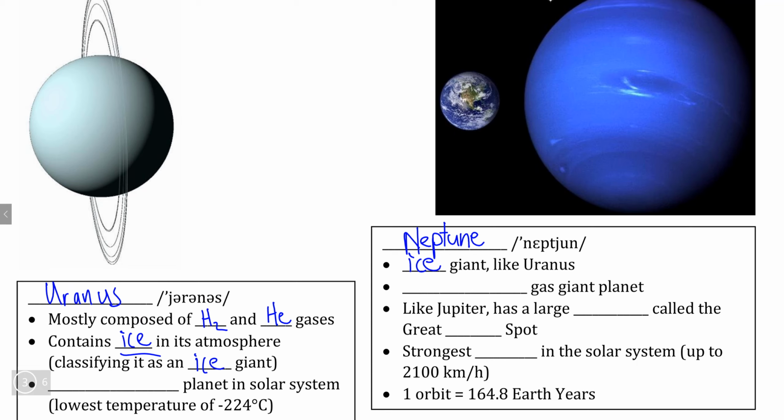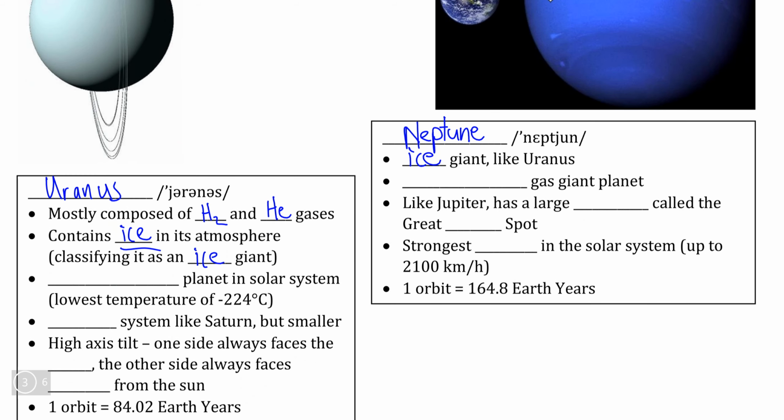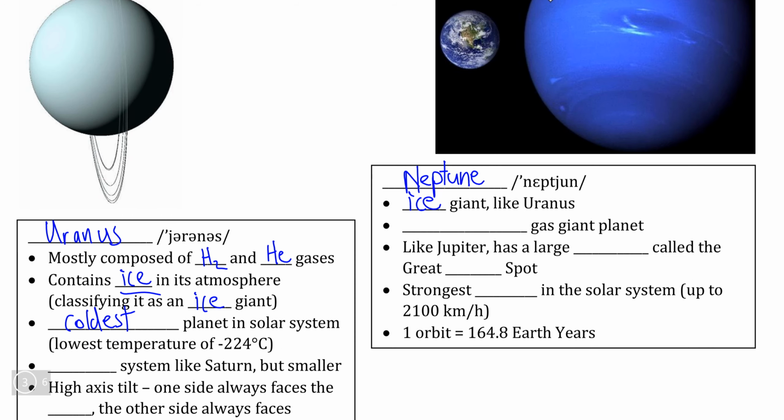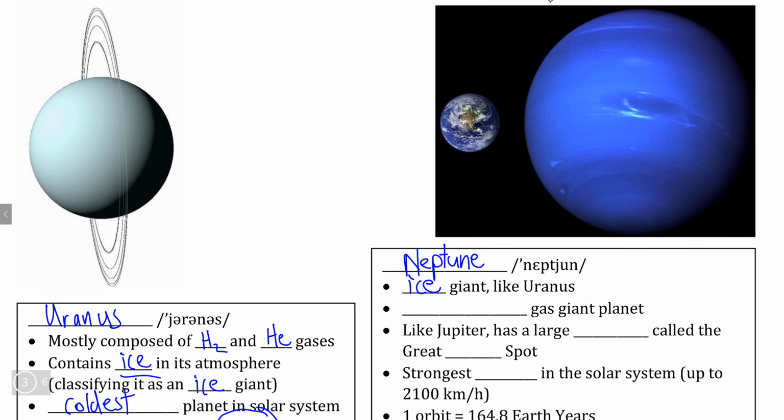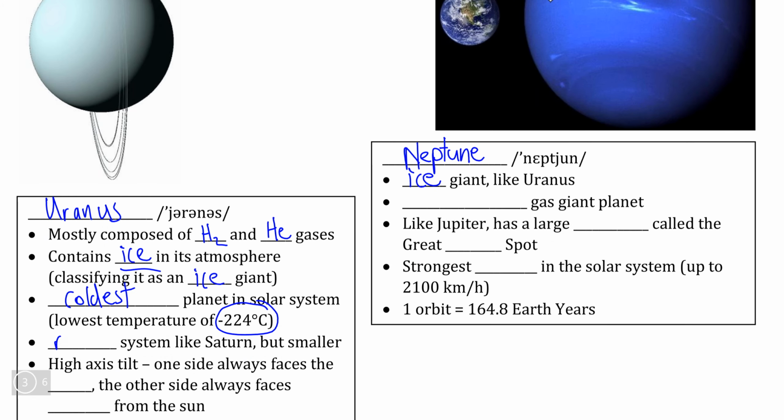And of course, ice exists in their atmosphere because of how far away these planets are from the sun, which makes Uranus and Neptune, and Uranus specifically, the coldest planet in the solar system, where the bottom of Uranus's atmosphere has been known to get to negative 224 degrees, and Neptune is, of course, not far away from that. In terms of the interesting features of each planet, Uranus, like Saturn, has a relatively distinctive ring system,